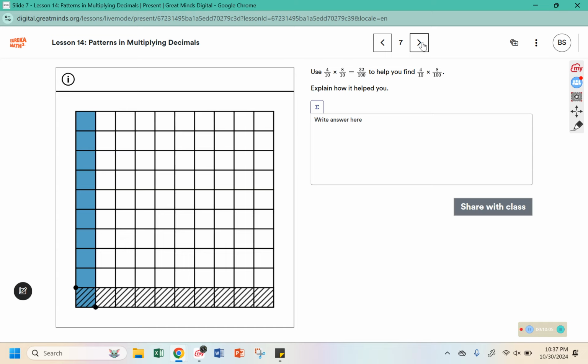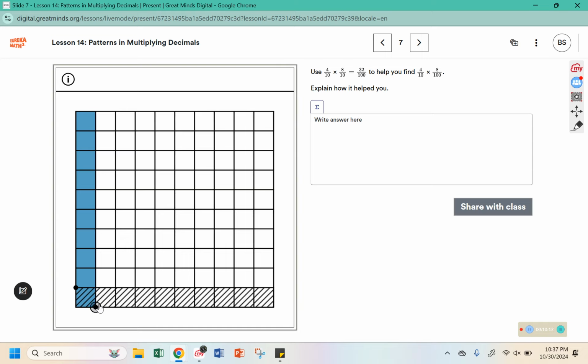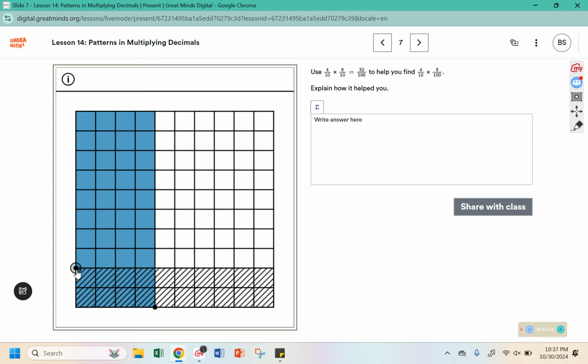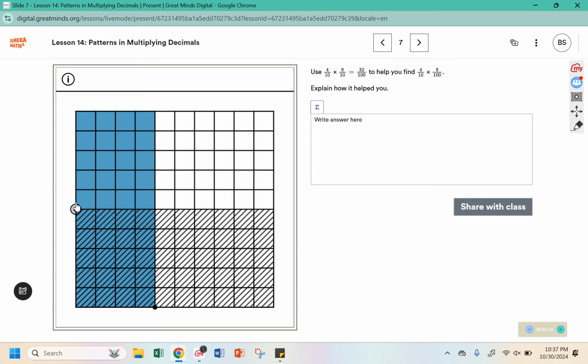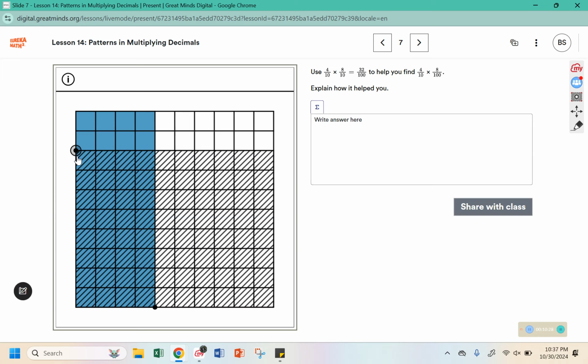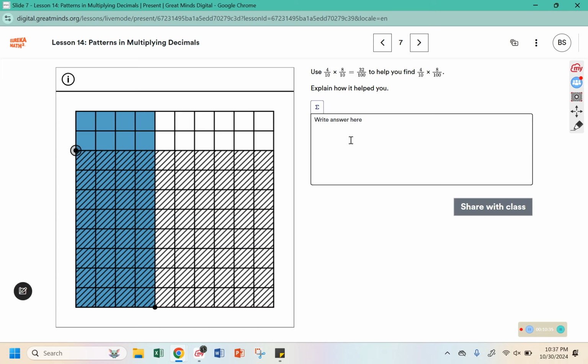Use 4/10 times 8/10 equals 32 hundredths to help you find 4/10 times 8 hundredths. Okay, so we need 4 across in one direction and 8 the other direction. 2, 3, 4, 5, 6, 7, 8. That is 8, 16, 24, 32. So that would be 32 hundredths